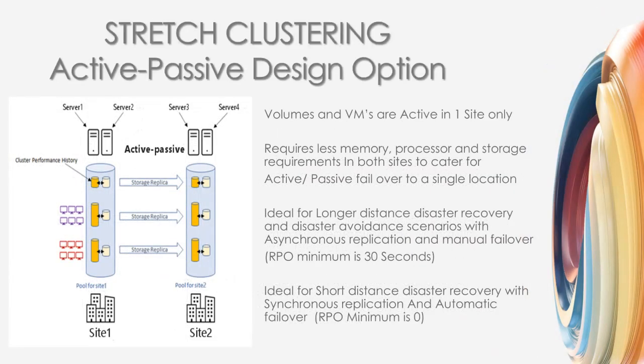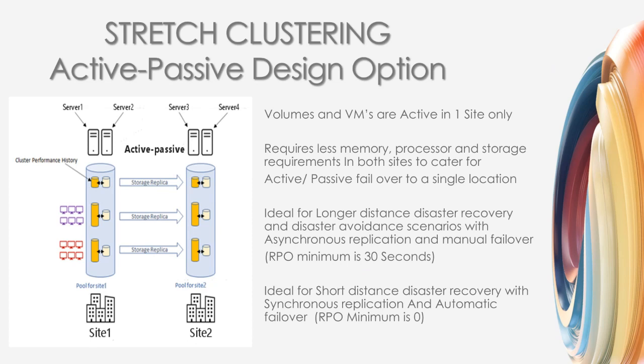Let's move into active-passive. Active-passive enables data volumes and virtual machines to run in one site only, and it is also important to size the memory, processor, and storage to accommodate failover of required workloads to the second site. We would typically think about mirroring the primary site memory, processor, and storage to accommodate failover of all workloads to the second site. We would not need to double the memory, processor, and storage, as in this case, compared to an active-active configuration, unless there was a planned transition from an active-active configuration over time, which can occur on a per volume basis. So again,